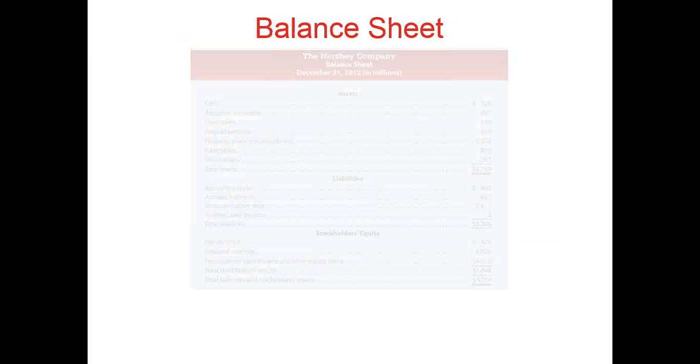We'll look under total liabilities. We don't see that. But we do see it at the very bottom of this page where it says total liabilities and stockholders' equity. That's because on the balance sheet, assets equal liabilities plus stockholders' equity. And it's called a balance sheet because it must balance. Total assets must be the same number as total liabilities and stockholder equity. Take a few minutes to look at this.